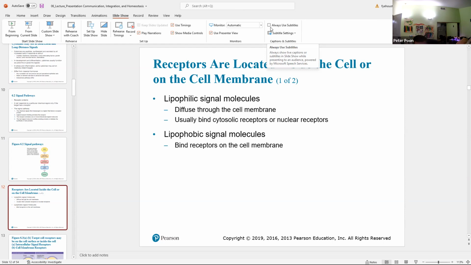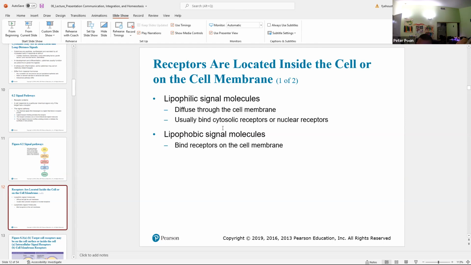If the signal molecule loves fat, that means it can go directly through the cell membrane. And therefore it will bind to either cytosolic receptors, so receptors that are floating around inside of the cytoplasm, or